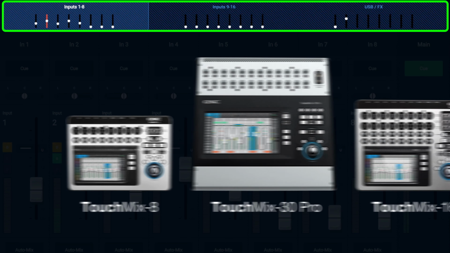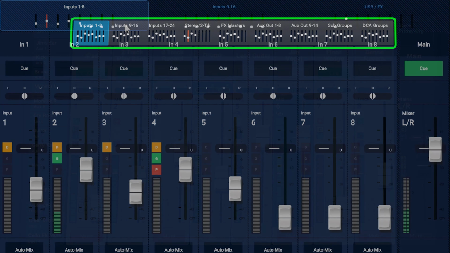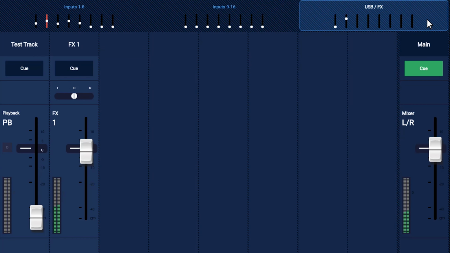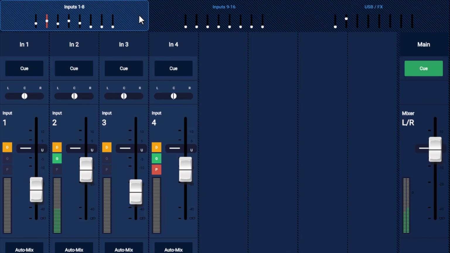If you've ever used the QSC TouchMix, this should look pretty familiar. The first bank is the mic line inputs. The second bank is your mono-summed RCA inputs. And then the USB effects faders include the onboard USB player and your effects bus, which we'll discuss in a little bit. And don't forget that we're using the NPM 80 in this example, so you'll see fewer channels on the NPM 40, but the functionality is all the same.